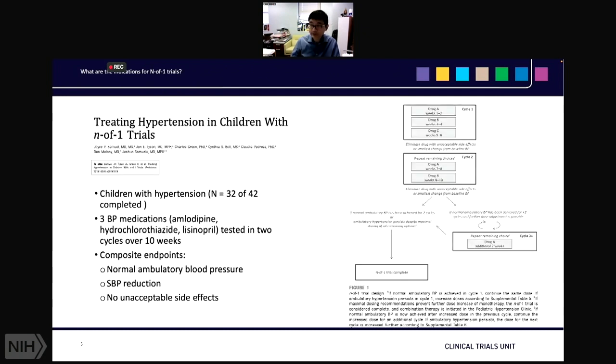The first example is treating hypertension in children with N-of-1 trials. To be precise, this is work published in Pediatrics in 2019. The investigators reported a series of 32 N-of-1 studies in children. So there are 32 children, and in each child, 3 blood pressure medications were tested in 2 cycles over a 10-week period. In the diagram on the right here, you see that